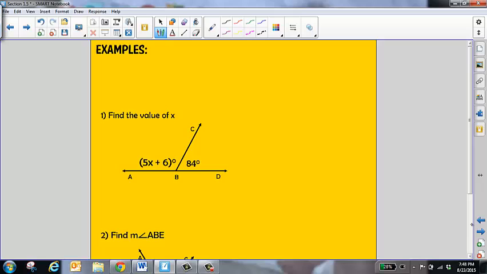All right, so when you are given a diagram relating to some of the angle pairs that we just discussed, there's a series of questions you should ask yourself to help yourself along in setting up an equation to solve for the variable. The first thing that you want to ask yourself